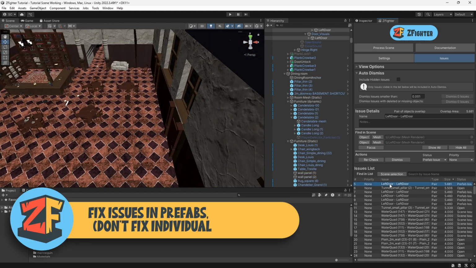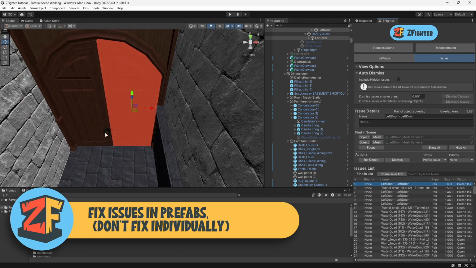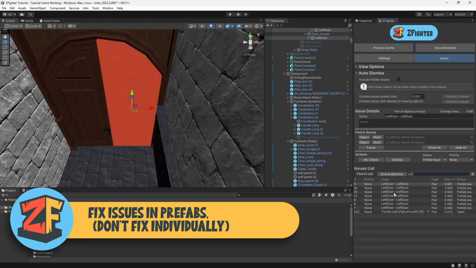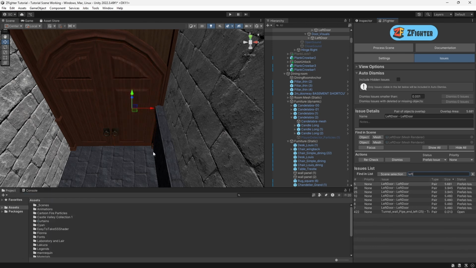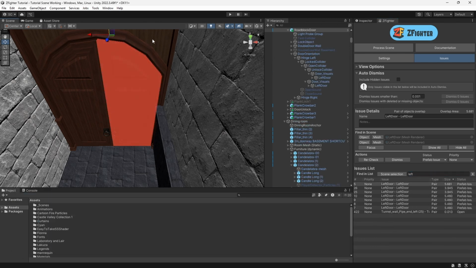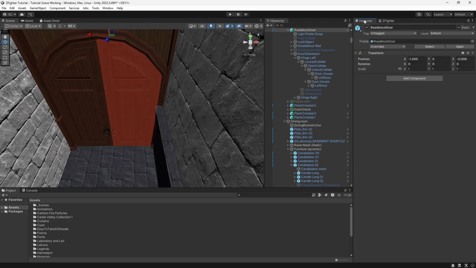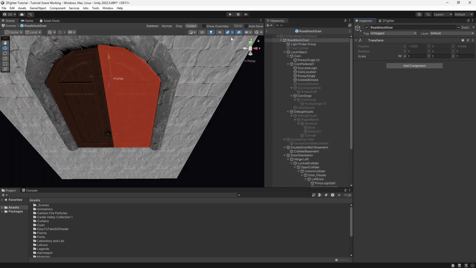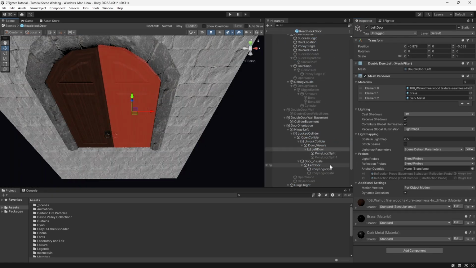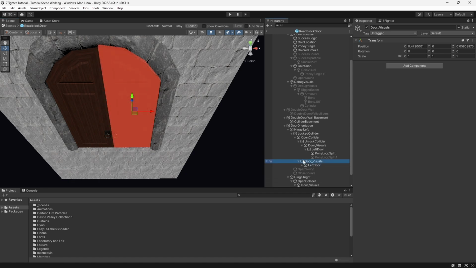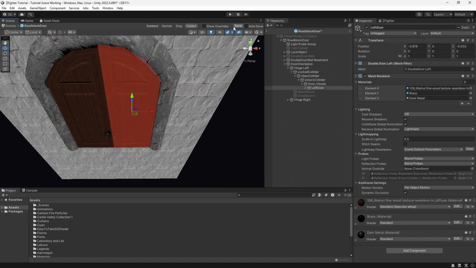All right, next one. Okay, remember these are prefab issues. How do we batch fix that one? So first, let's find all of those left doors. So let's do left. Okay, we've got all of those together. Let's go to our prefab and fix it there. So here's our roadblock door. I'm gonna open this prefab and let's see, there's our left door, and look, there's another left door. So I'm gonna delete this whole parent game object. So I'm gonna save this prefab,